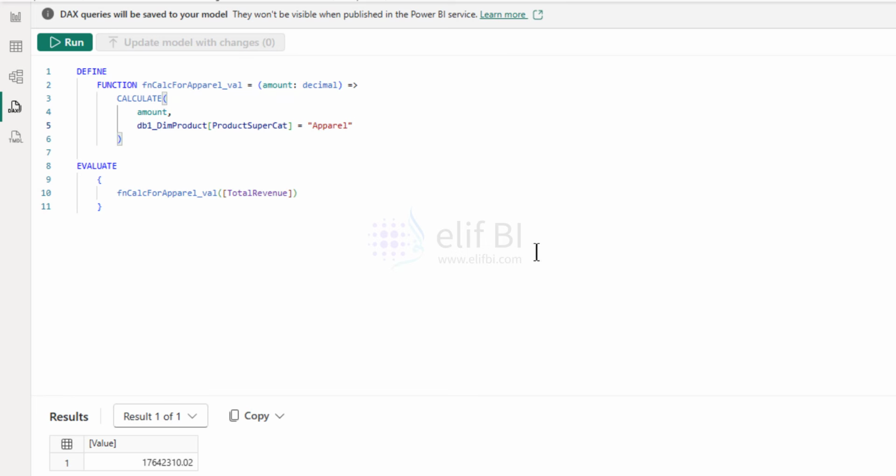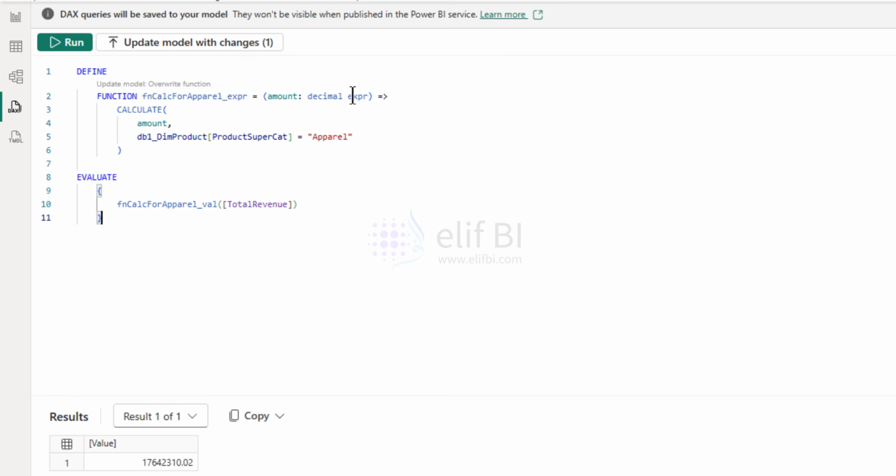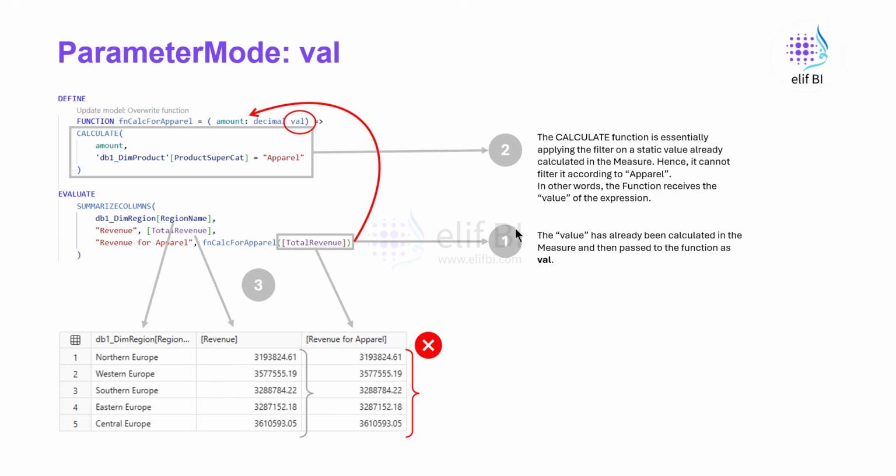The filter context doesn't work, whereas whenever we are setting the expression, it works. What is the execution process? Let's have a look. As you can see on the screen, the first step that happens is that the value has already been calculated in the measure and then passed to the function as well. That means that this expression of total revenue, this measure, is first executed and then the resulting value is passed into this function. The calculate function is essentially applying the filter on a static value that has already been calculated